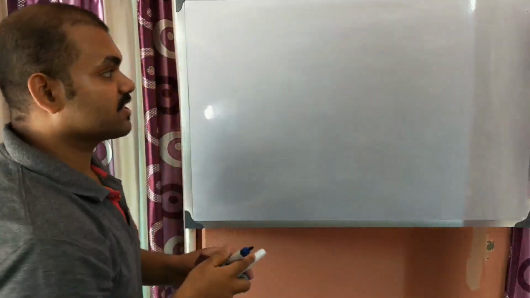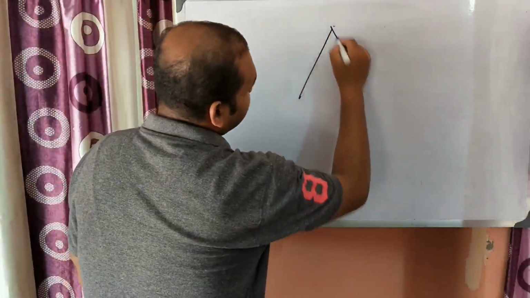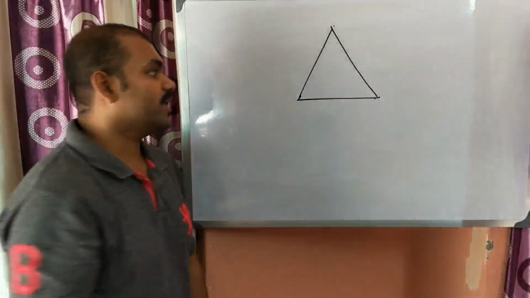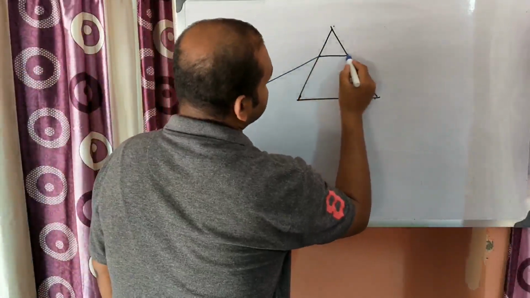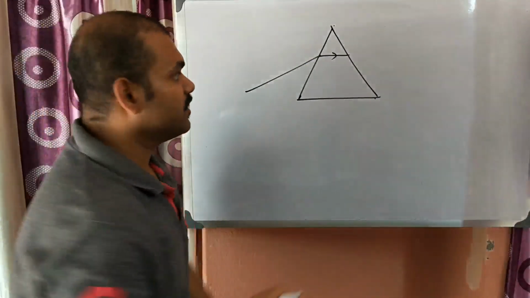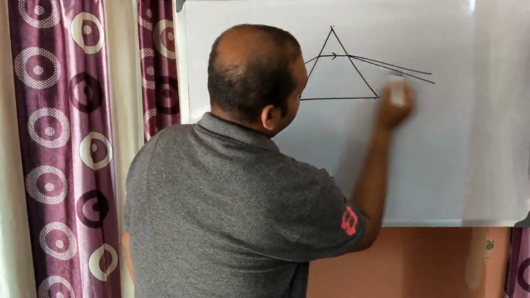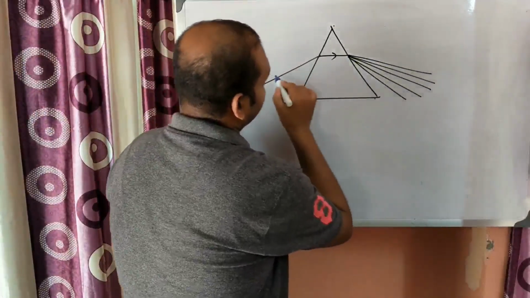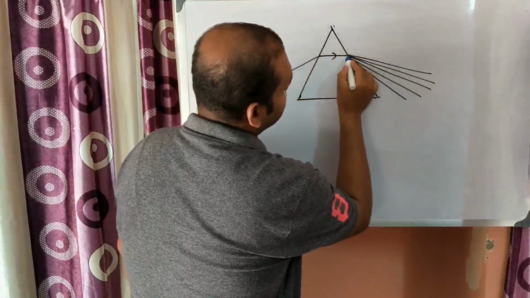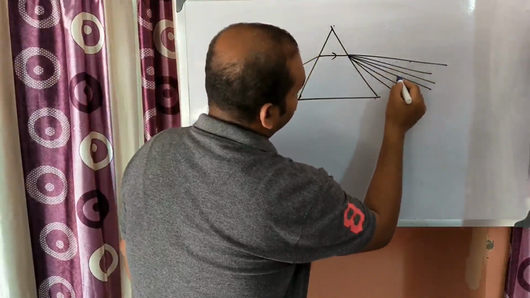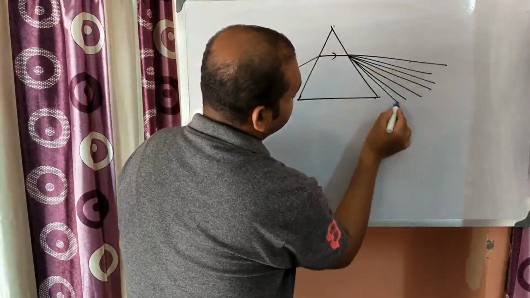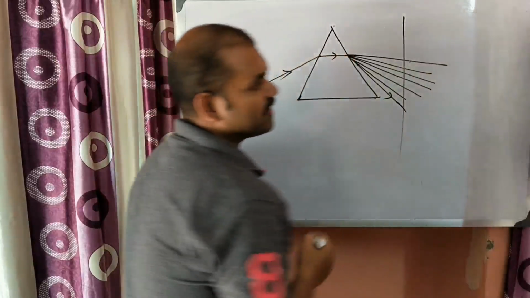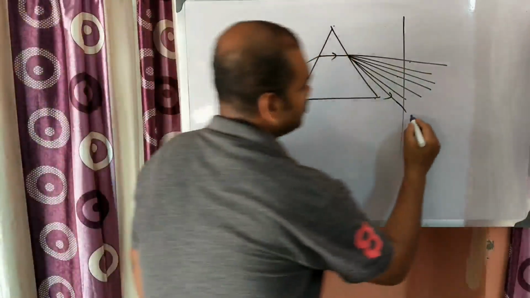Okay, next, dispersion. What do you mean by dispersion? The splitting up of white light into its component colors. We know now white light is made up of 7 colors. So whenever white light is passing through a dispersive medium like this prism or transparent medium, it splits into its component colors. And how many colors? Whenever a white light is coming, how many? 7 colors. 1, 2, 3, 4, 5, 6, and another one is 7. Okay, and we will get a band of 7 colors. So this band of 7 colors is known as the spectrum.